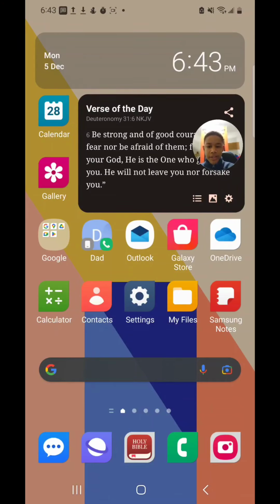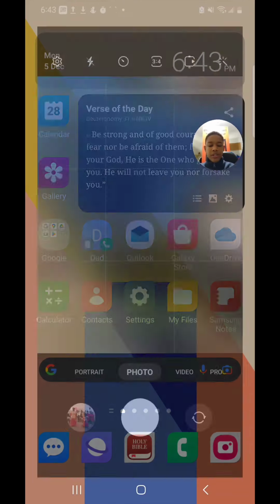All right, now I have a direct dial widget that allows you to call specific contacts, an Outlook widget, which shows you my Outlook for school, Galaxy Store, OneDrive, Calculator, Contacts, Settings, Files, Samsung Notes. And here's my browser that I use for personal use, which is Samsung Internet, my camera application, which is going to launch